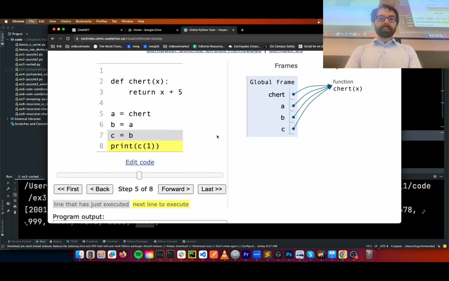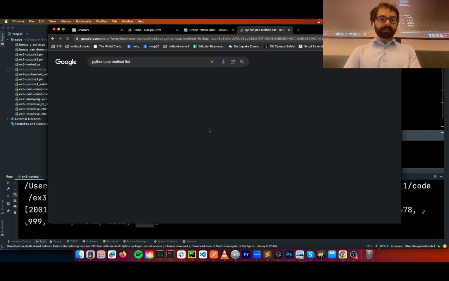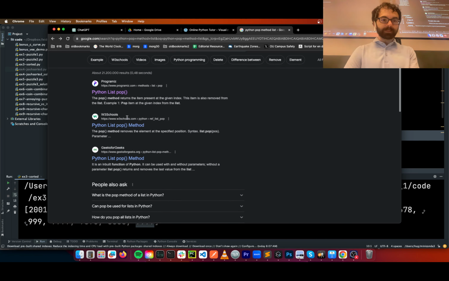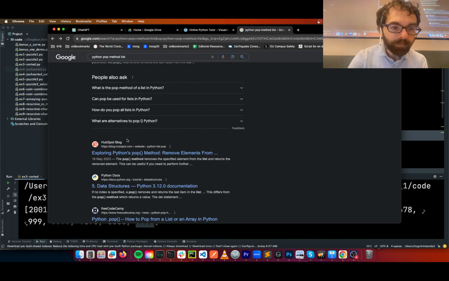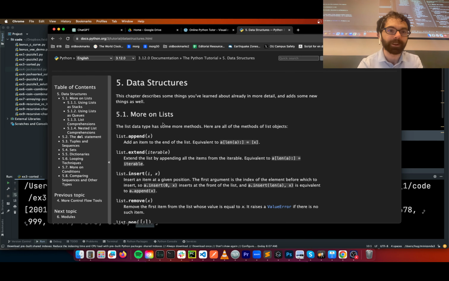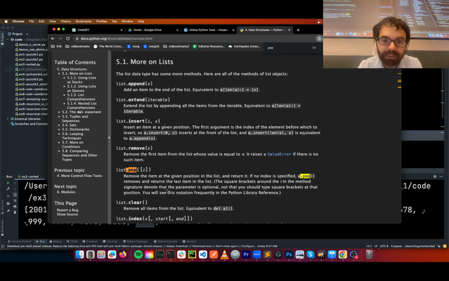So I'm going to go to the Python reference manual. Python pop method list. Okay, here we go. All right, I feel better about using the python.org docs. Dot pop. Removes the item at the given position in the list.